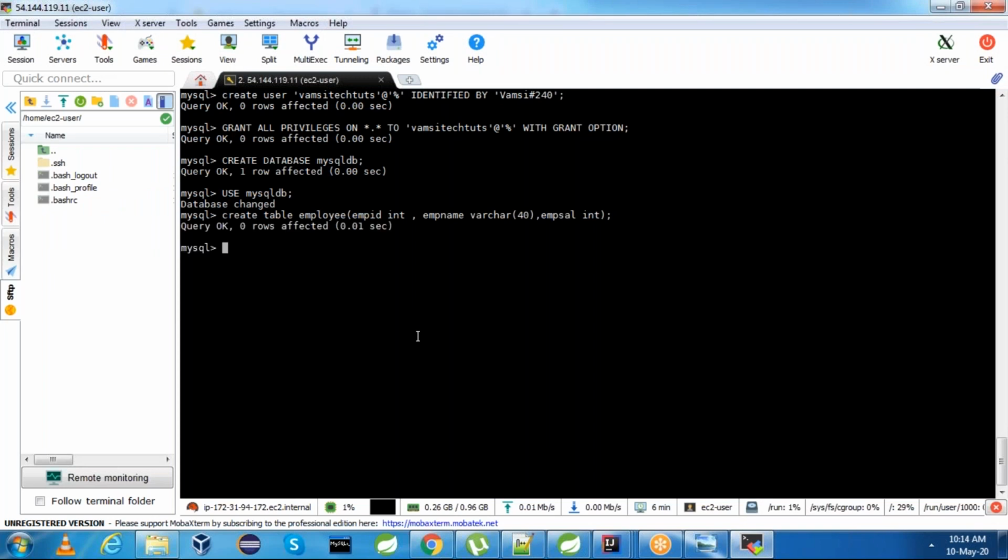Now we created the table. Now, just to make sure whatever you created, the user and password you set, I will create one more server and assume that server as the MySQL client, and I'll try to connect from another server to this particular server.